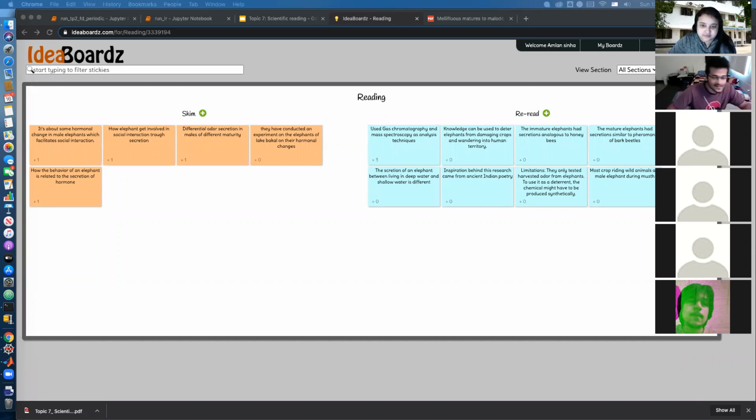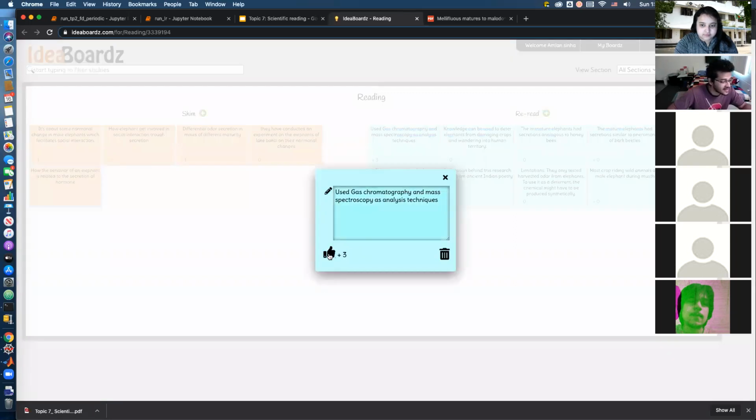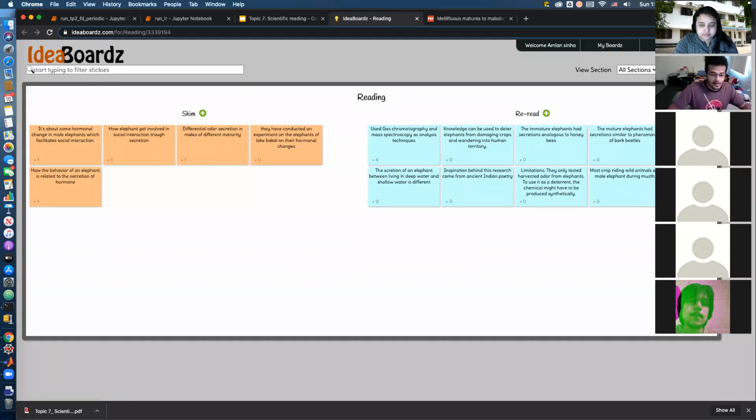So rereading, that's the more intense step. So kind of problem definition, motivation, central result, evidence analysis, reproducibility. Let's see if all of you have gotten most of that. Okay, so the first one: use gas chromatography and mass spectroscopy as analysis techniques. So that covers analysis. Good. Right? So evidence analysis. It again said, knowledge can be used to deter elephants from damaging crops and wandering into